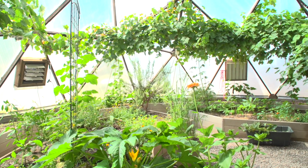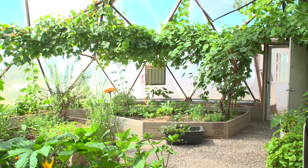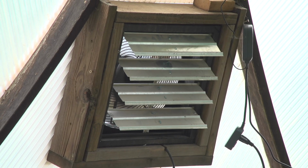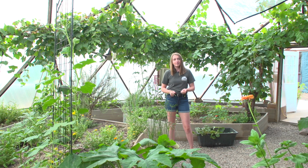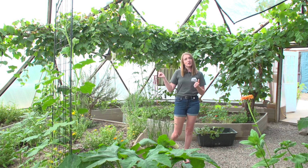Don't let that mislead you. These are also great for your homestead or your backyard if you do have the room. Now this dome will come standard with one electric fan and one solar-powered attic fan. The electric fan is going to be your intake, and the attic fan will exhaust the hot air out of your dome. This is the first size of dome that you'll see in our hierarchy of domes where we do